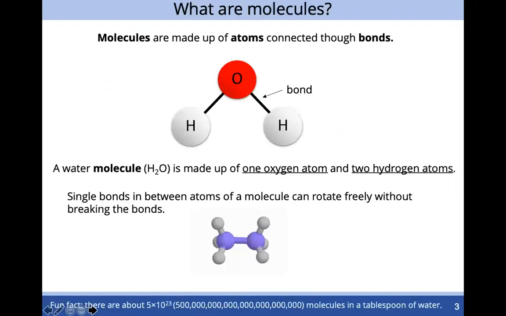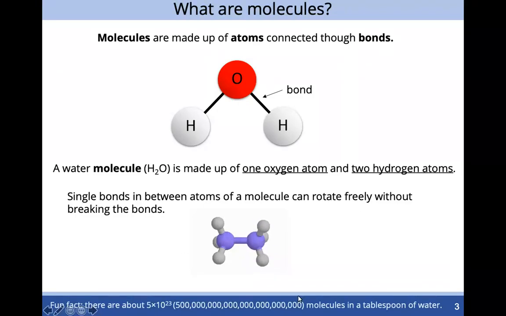And atoms make up molecules. These atoms are connected through bonds. Here we can see a water molecule that is made up of 1 oxygen atom and 2 hydrogen atoms. And in molecules with single bonds, these atoms can actually freely rotate without breaking that bond, as you can see